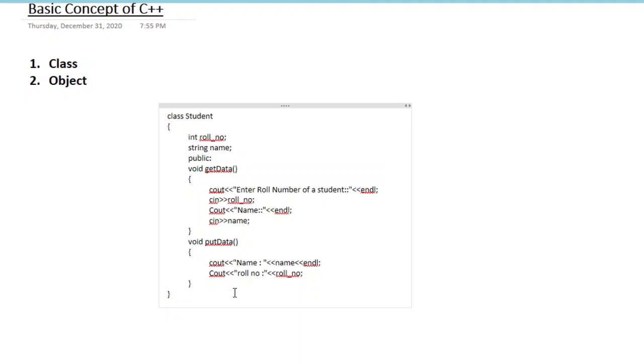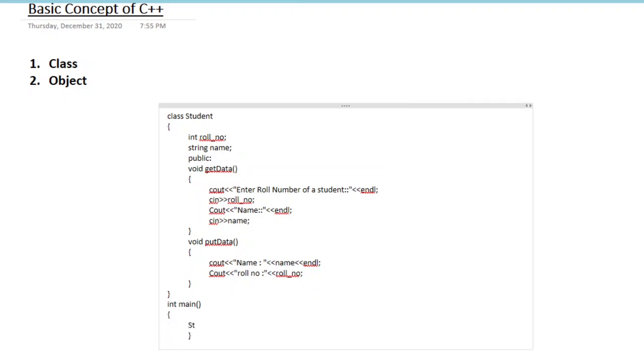So how will we define any object? So int main, if we are defining any object in main, this is the way we have to do it. Main, curly braces.